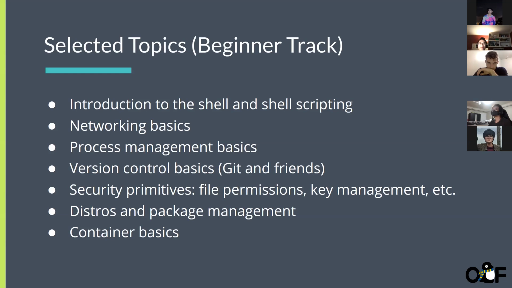We'll be talking about some basic security, how to keep all of your files and stuff safe, especially if you're sending sensitive information like passwords over the internet. How do we make sure that people can't intercept those? Distributions and package management. So you might have heard that there are a lot of different flavors of Linux. Like there's Ubuntu, Debian, Arch Linux, Fedora, all these different versions of Linux. And we'll be talking about the differences so that if you were going to install Linux for yourself or use it, then you'll have a better idea about which one is best for you.